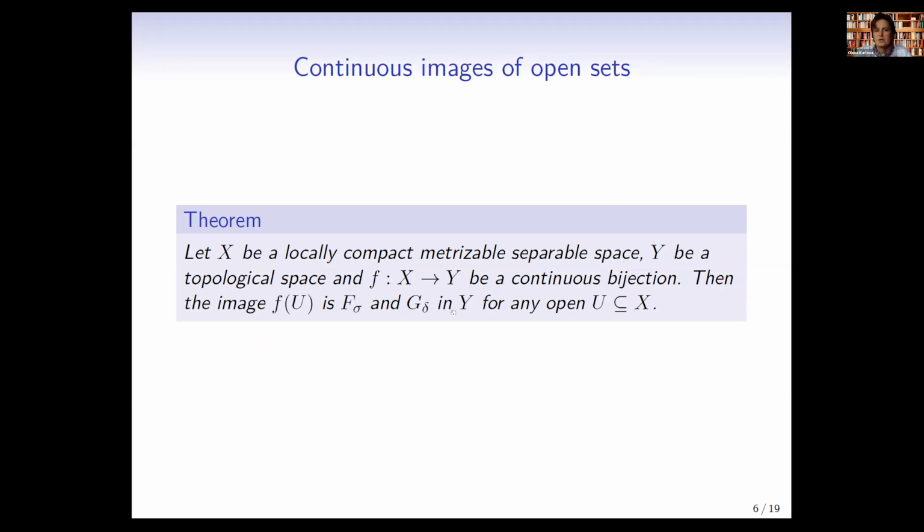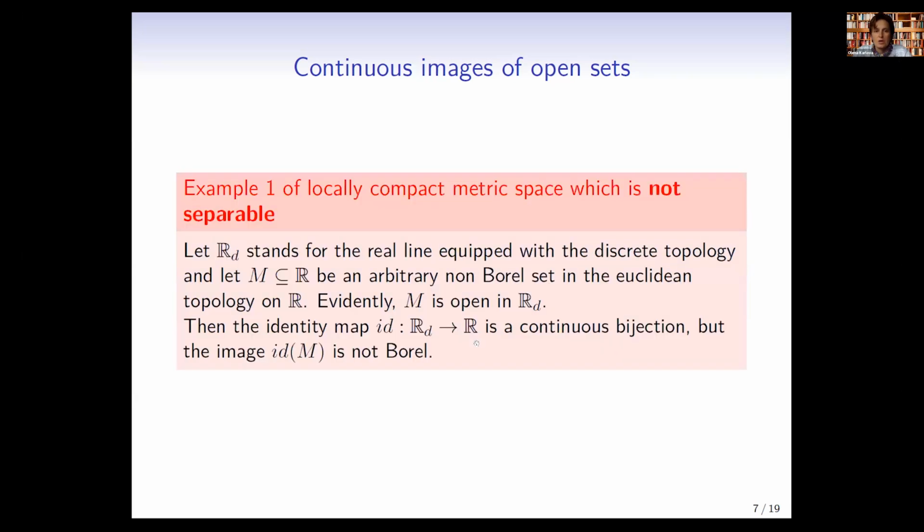This gives us that the inverse map is not only a Borel one, but we call such maps G delta measurable. For example, every continuous map is G delta measurable, and every G delta measurable map is a Borel one between respectively good spaces, for example, metrizable spaces. If we would like to omit some conditions on X, we will see that each of them is